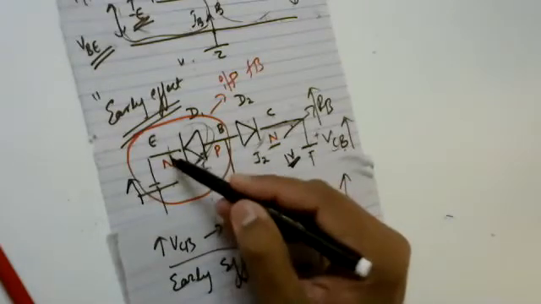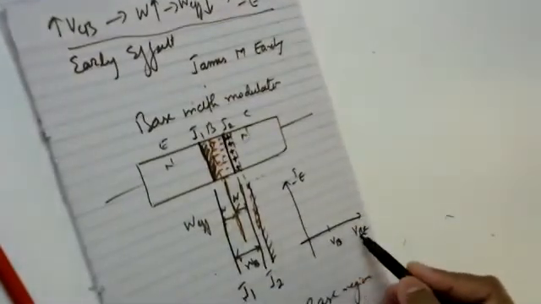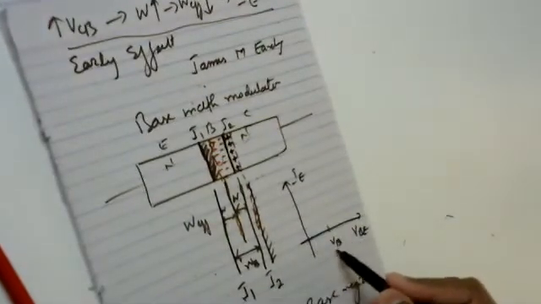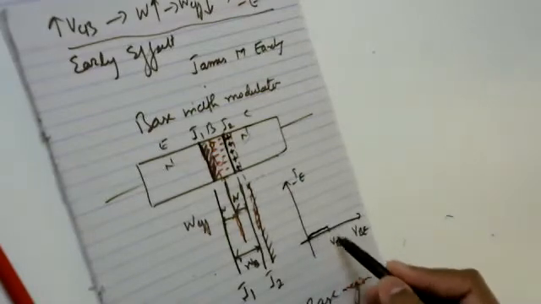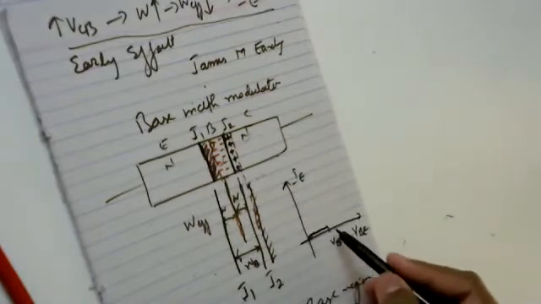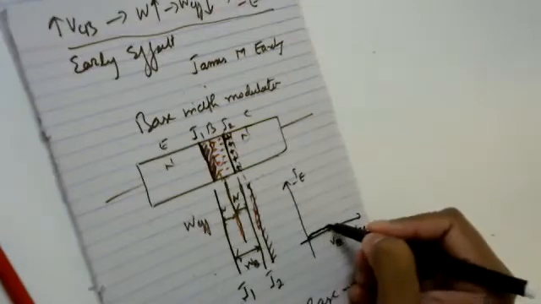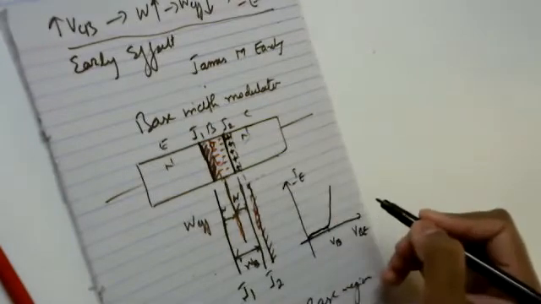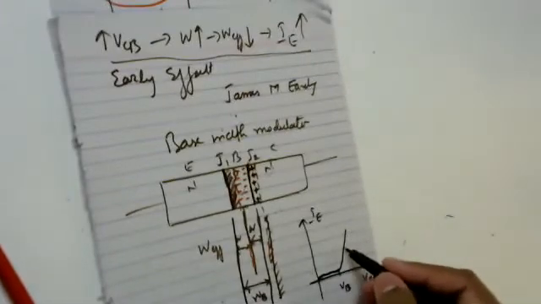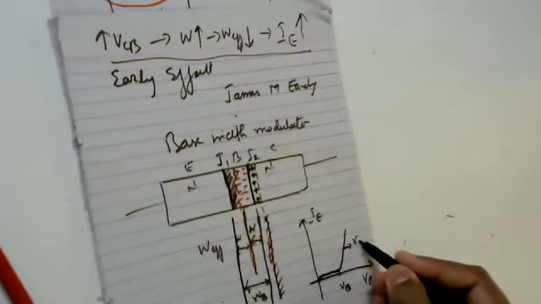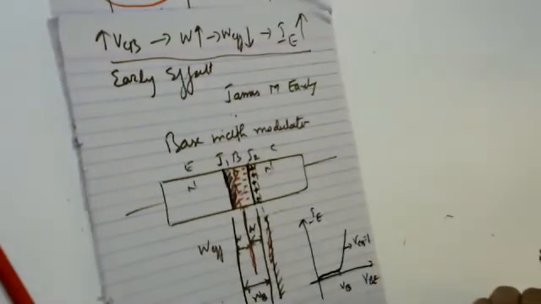Sorry, my VBE voltage. At that time, as my VBE is greater than VB, I am able to see that once this junction voltage or barrier voltage is broken, or it is higher than this barrier voltage, current is seen to rise exponentially. This characteristic is seen at a voltage VCB equal to 1 volt. This is what I'm saying here.